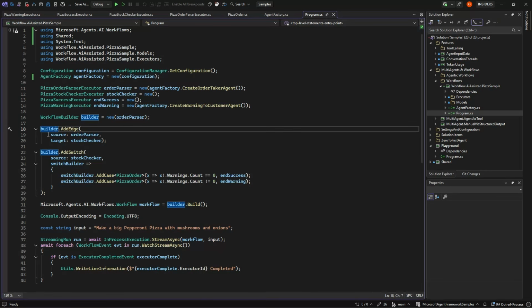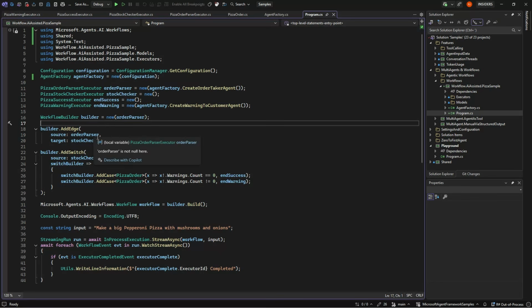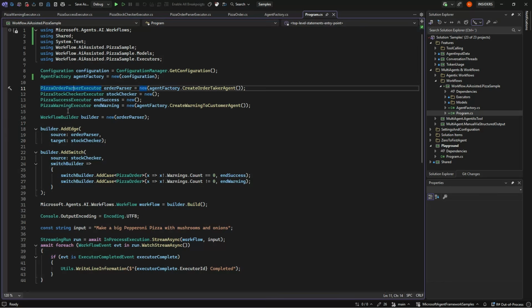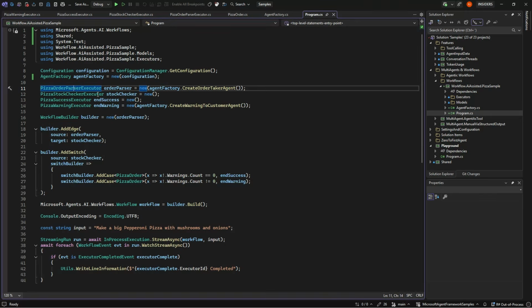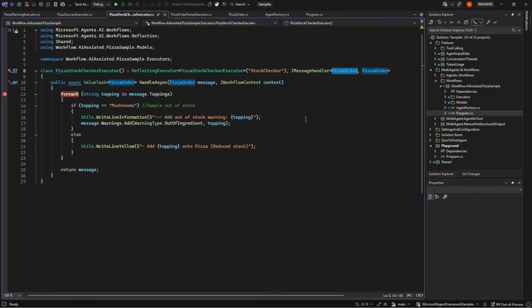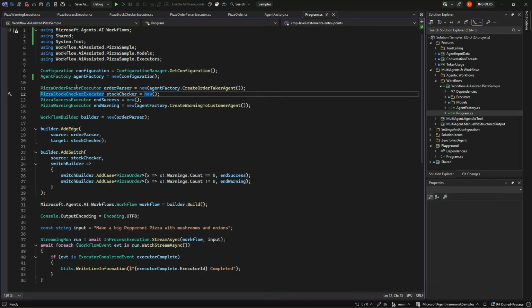And then we are telling it, make an edge, meaning draw an arrow between these two boxes from the order parser to the stock checker. And there it is very important that we see that this one had an output of a pizza order, while this had an input of a pizza order. If these don't fit, the workflow will not run. It will simply just stop at the first step. But again, a simple case here, we're just passing along. After one has finished its work, the second one will take over.